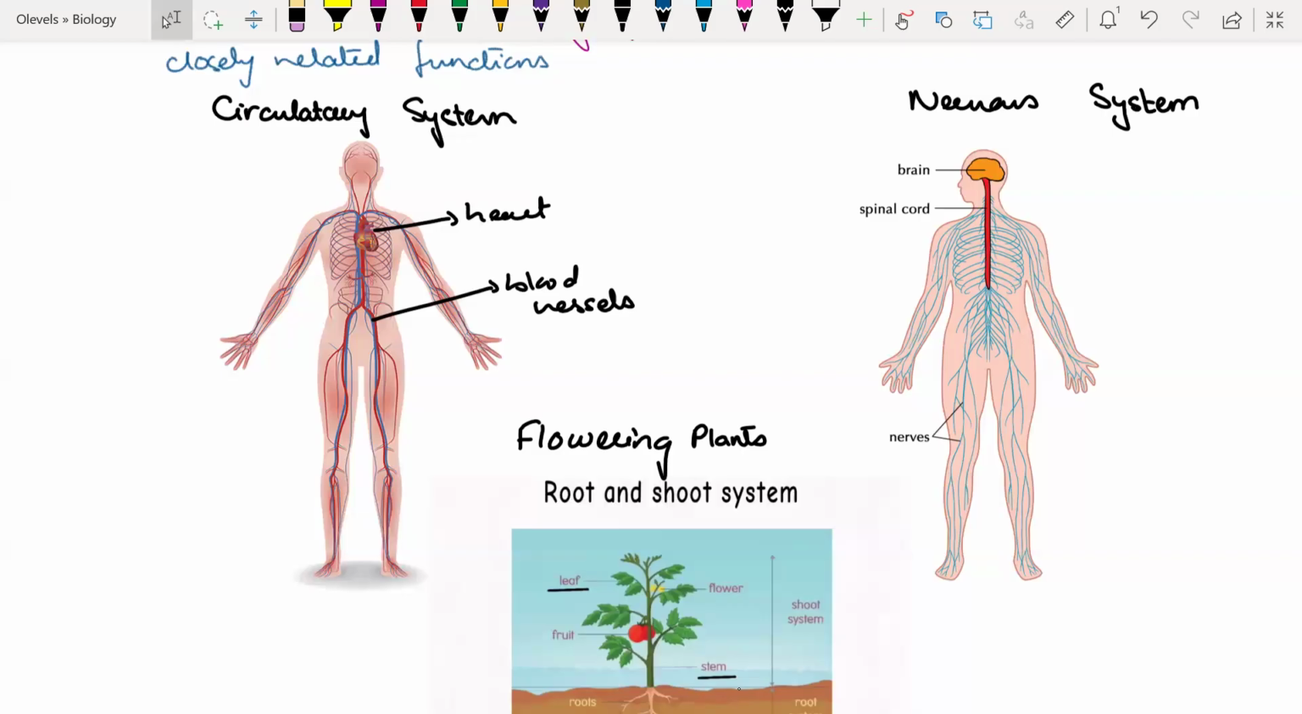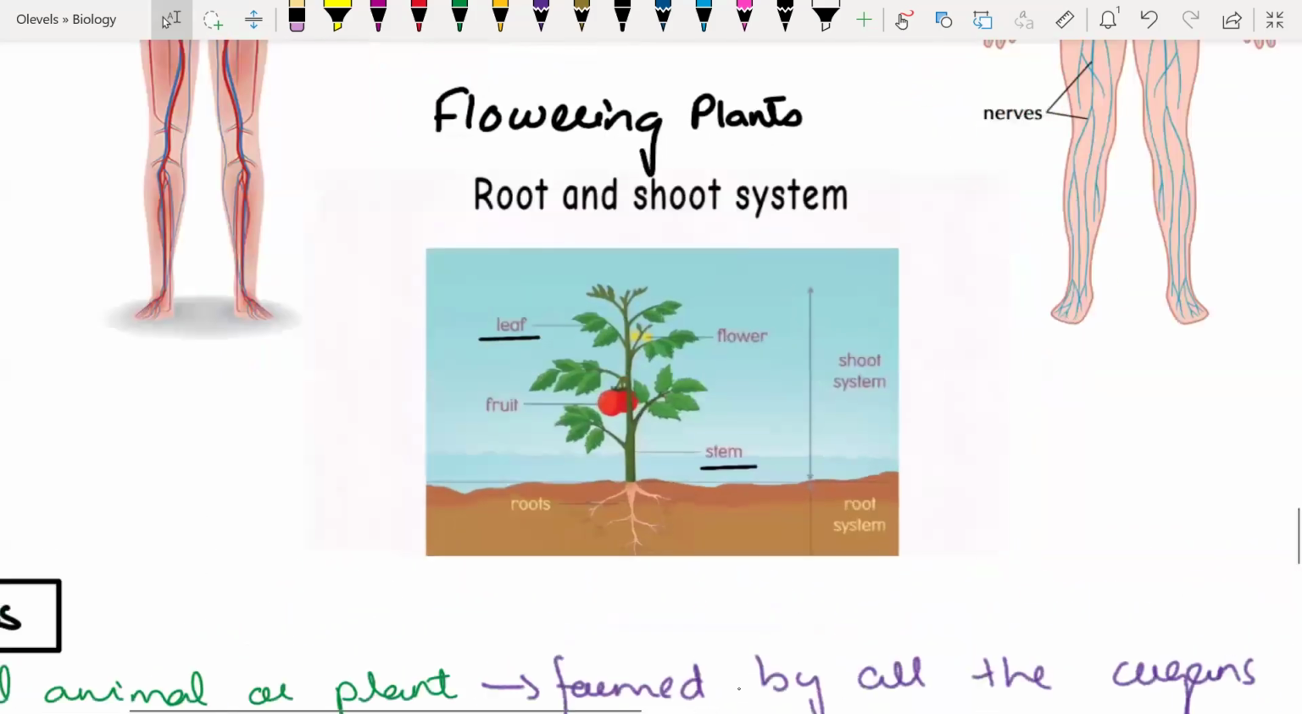Then we have such kinds of organ systems in flowering plants or plants as well. We know that there are two common systems, the shoot system and the root system, right? The root system is all about roots, while the shoot system is composed of stems, fruits, leaves, buds, things like that. So all the organs that are involved in a root or shoot system are also contributing to the same cause,